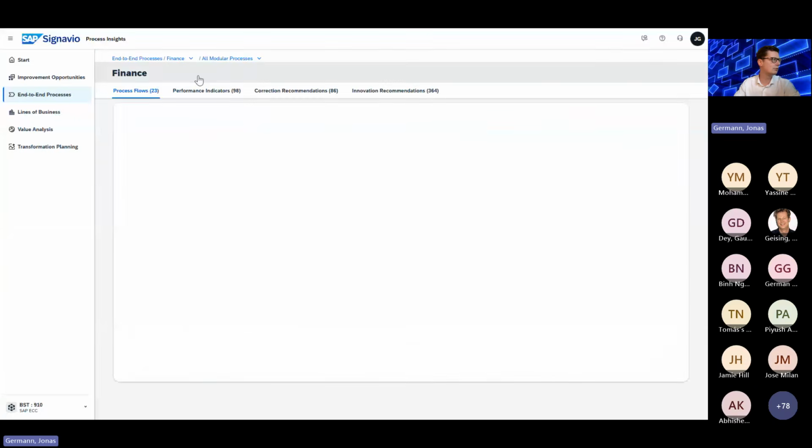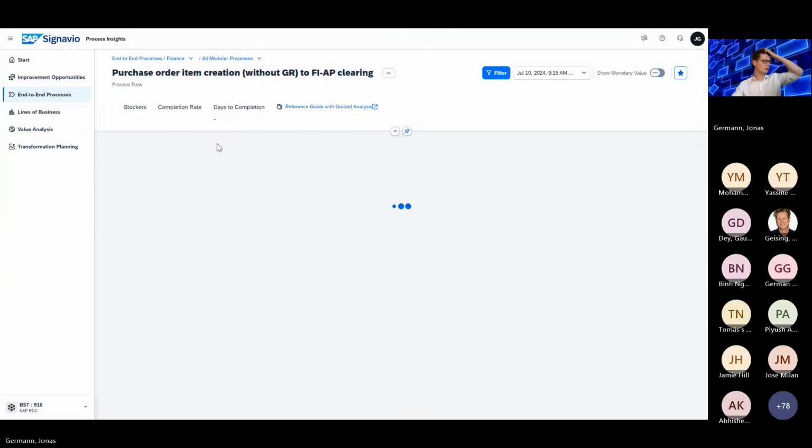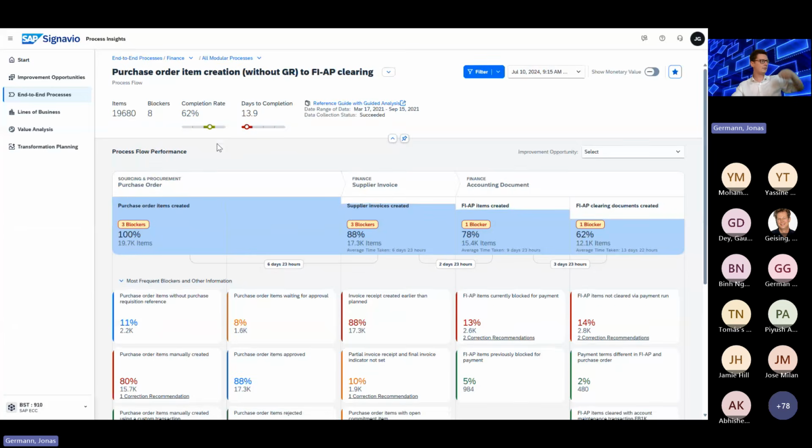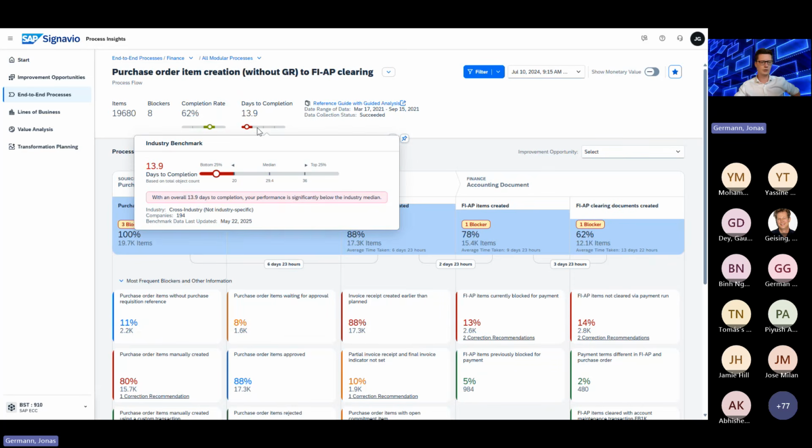Here in this solution, you see, for example, that I need for this workflow, purchase order item creating to FI clearing, 13.9 days. So this is the period of time I need normally to solve this. And now you are interested in how to improve that.